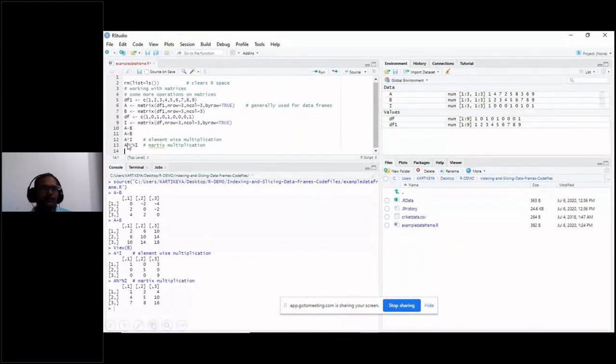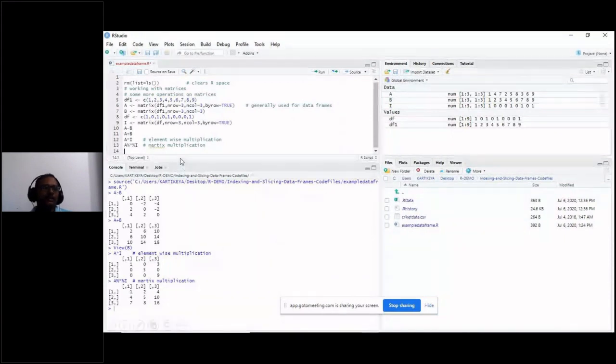Multiplication: if I want to multiply two matrices element wise, then you write A star I. In MATLAB, for element wise multiplication, the dot has to be placed, A dot star B. But in R, by default, when you multiply two matrices it will multiply element wise only. So if you write A star I, it indicates element wise multiplication.